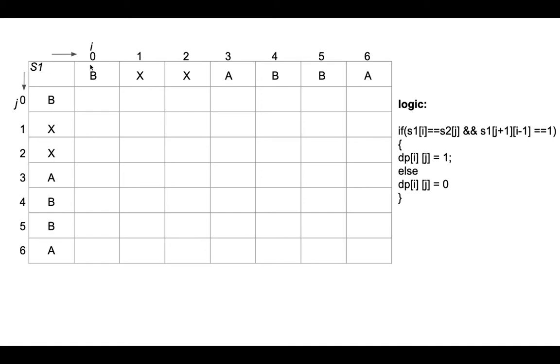Why are we using this window? That window represents a set of strings. Each cell represents one string, and this cell represents the string starting from 0 till 2. If the cell value is 0, that means this string is not a palindrome, and if the cell value is 1, that means the string is a palindrome.